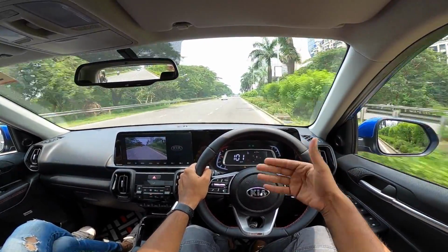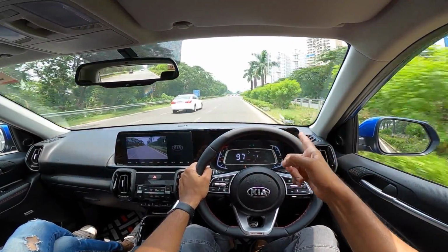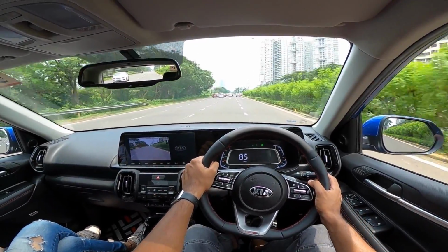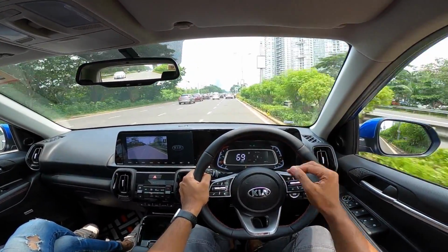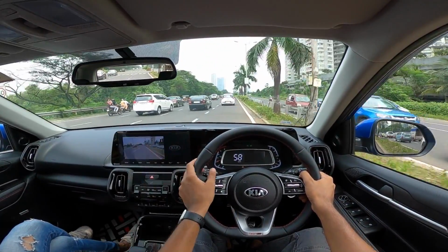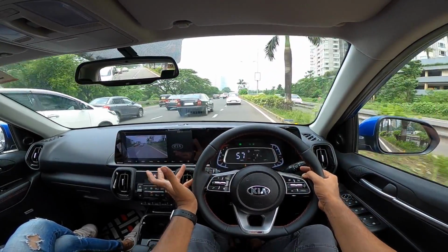Now, performance is never lacking in this car. I believe, rather, it will go from 0 to 100 kilometers per hour somewhere around 12.5 seconds, which is actually quite quick for a car of this price. The car is of course on the lighter side. You cannot feel the lightness of the vehicle at all because it doesn't feel light, it doesn't feel heavy, it feels moderate. In fact, this car is best described as a moderate car in almost every sense